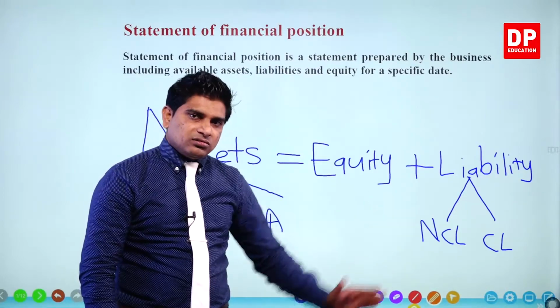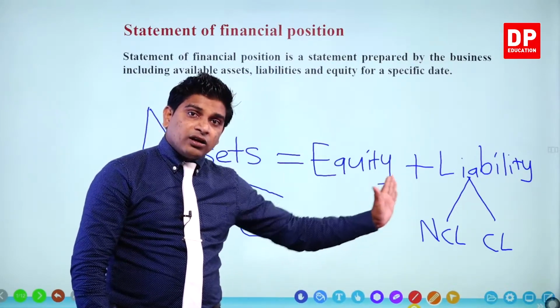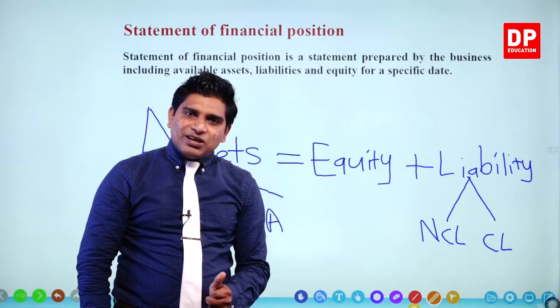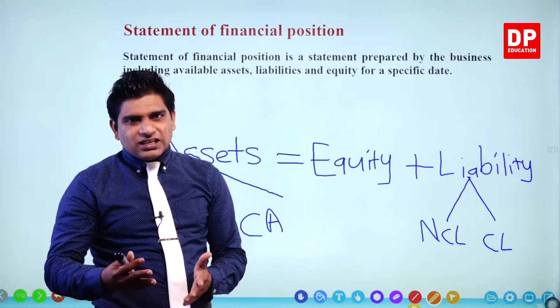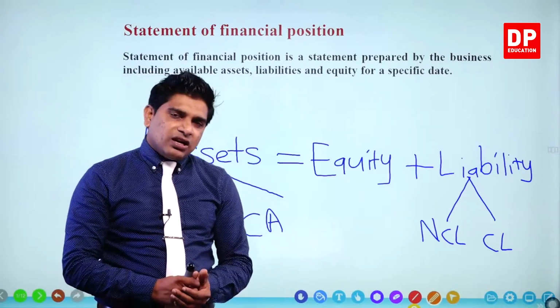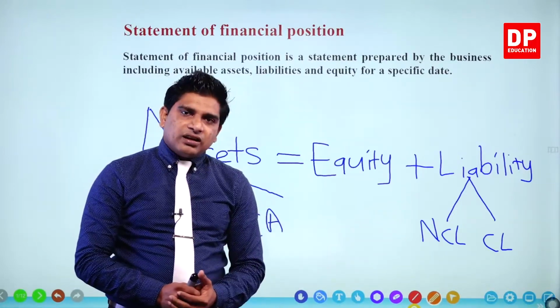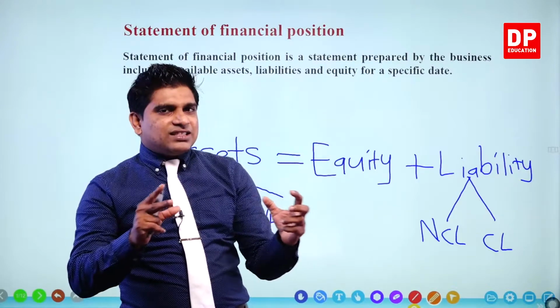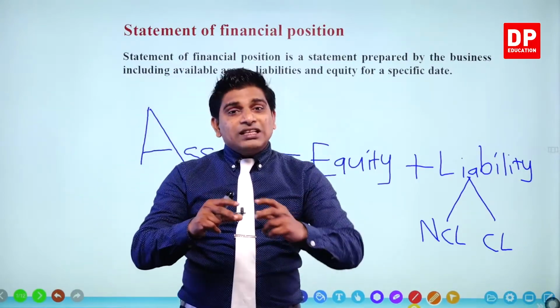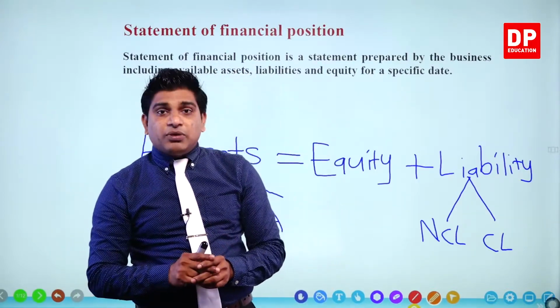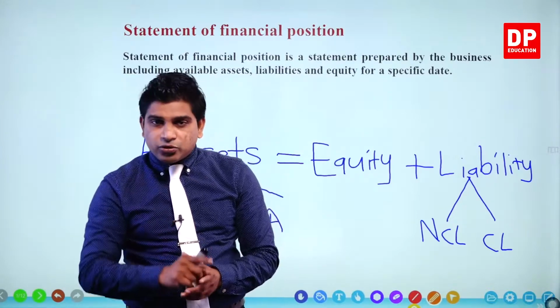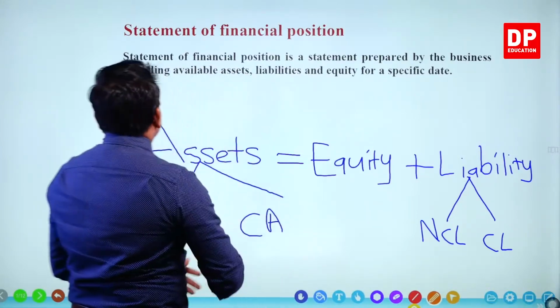Example, this is a long-term bank loan, right? The other one, current liabilities, creditors. Creditors, you have to pay them within 1 year, right? Before the 1 year. That's why we say they are current liability. Actually, when I say this, you can understand now what kind of details are to be included in the statement of financial position. Now we move to the definition, right?